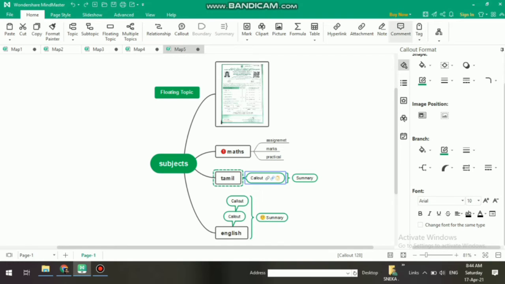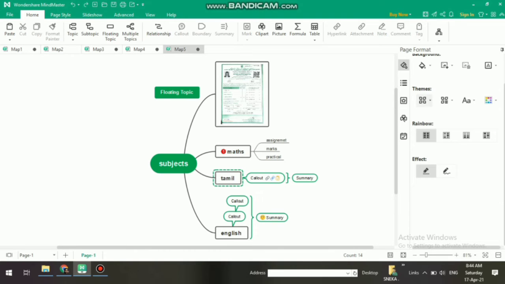And next command and last one is tag. Tag is nothing. You can add any other tag resources to this page format. Tag will be activated only if we activate the license. And the last option